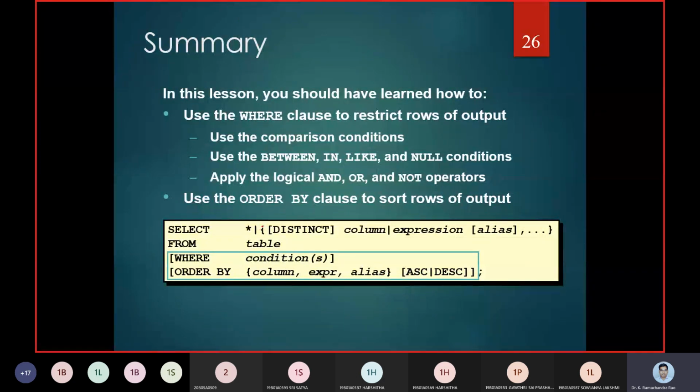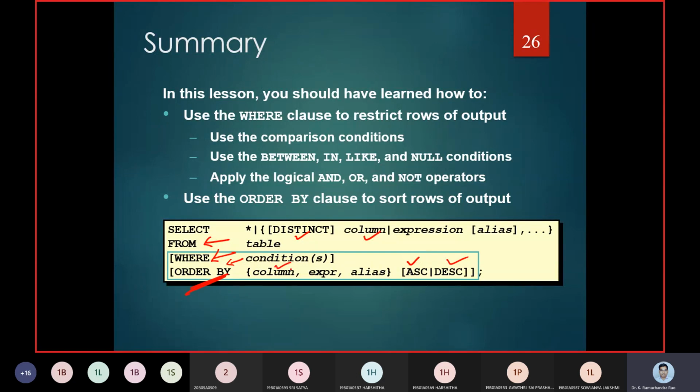So as a whole, we discussed unique value printing, which can be applicable to a column. And we have the select command clauses. We discussed the from clause. We discussed the where clause, and we discussed displaying things in order, either ascending or descending. That is where we use the order by.